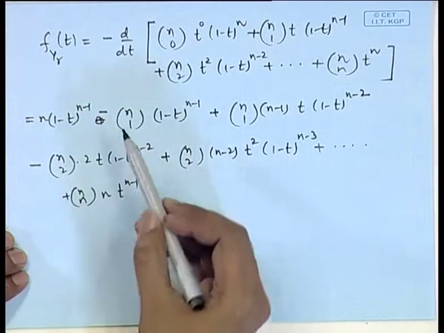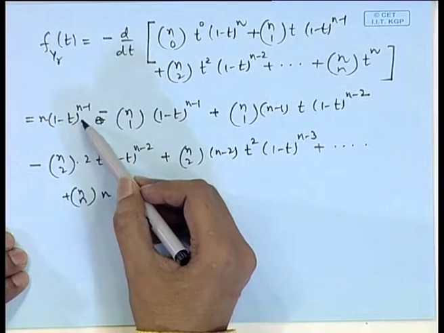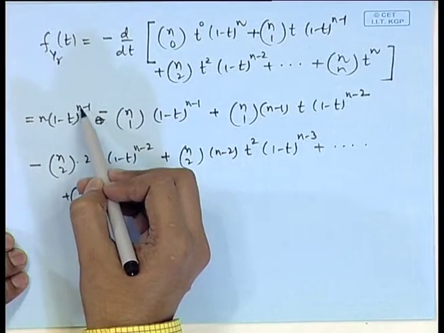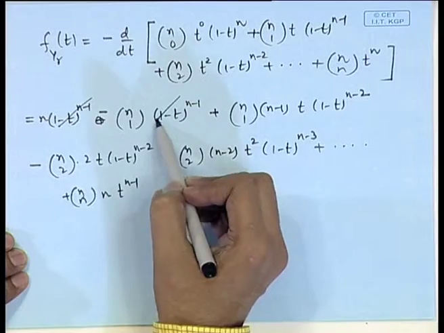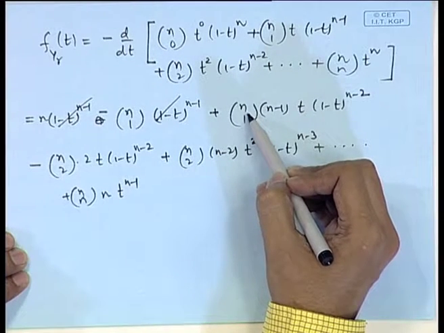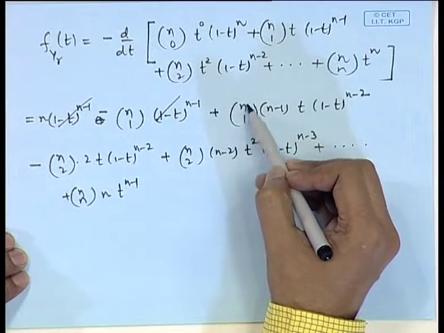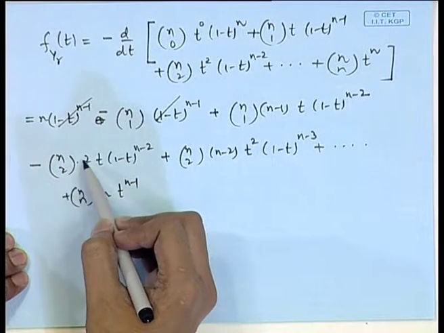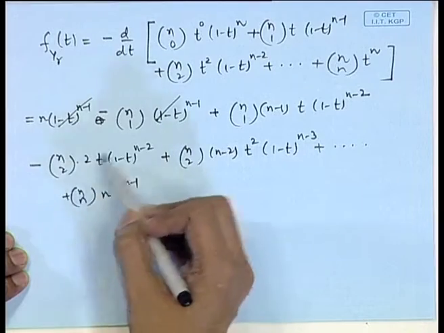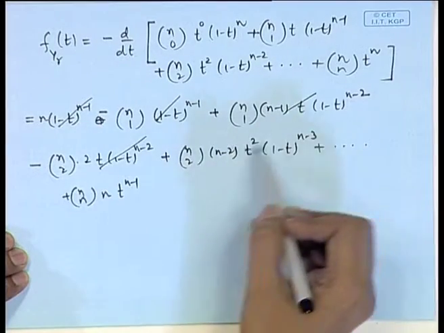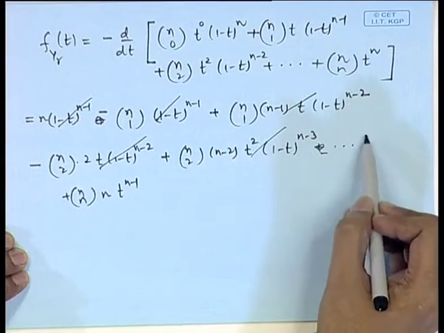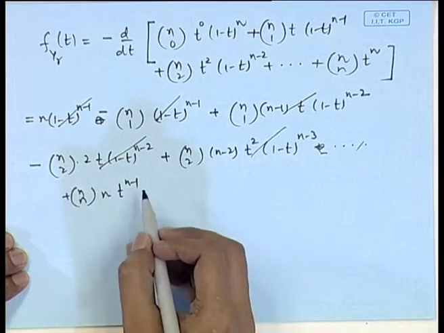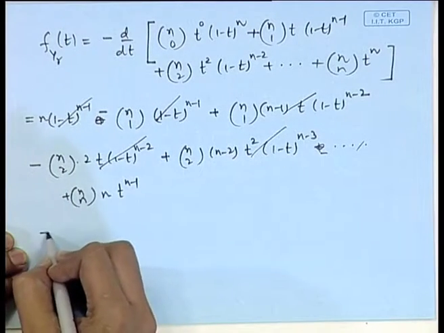Again we can observe that the terms are telescopic in nature, that is, the first term cancels with the second term. Here if you look at nC1, that is n into n minus 1, here it is n into n minus 1 by 2 into 2. So, that is again n into n minus 1. So, this again cancels out. So, likewise all the terms will cancel each other and we will be left with